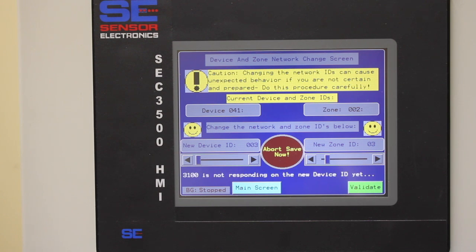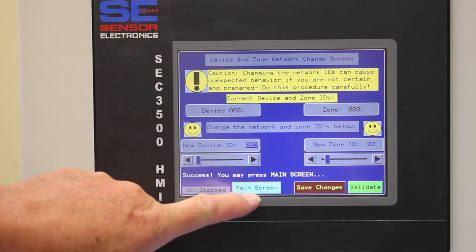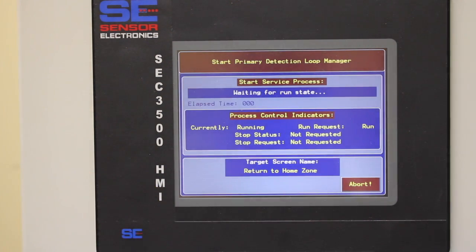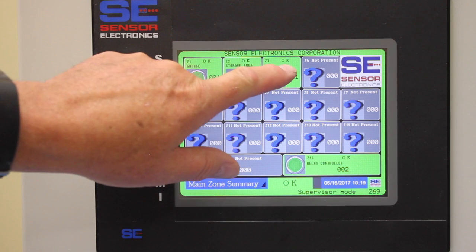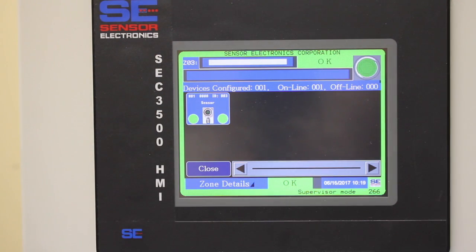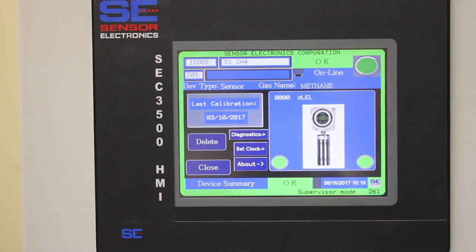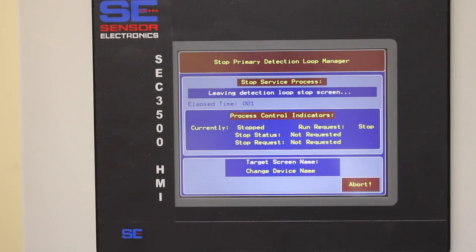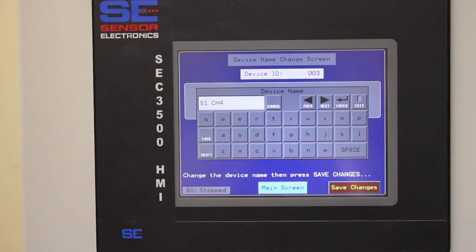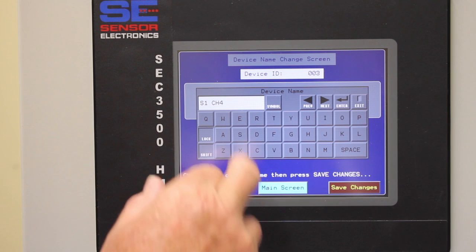Once it completes that sequence, it says success. You may go back to main screen, and you see now that it's jumped over to zone number 3. And you can title this zone, which we've shown in a different video, or you can actually title this detector. It's already got a title actually, sensor 1 CH4. But if you want to change that, you just press up there and press, and we'll lock the caps on, we'll change it to